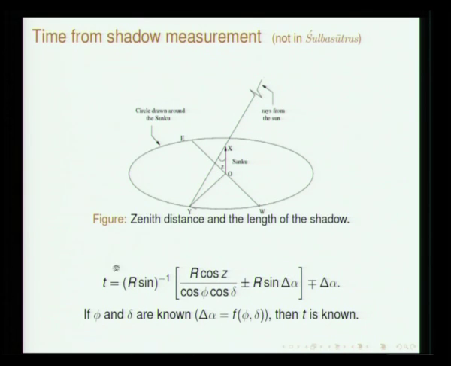On the left hand side what you find is t. t basically refers to the time, and on the right hand side what you find is phi and delta. Phi refers to the latitude of the place and delta the declination of the sun. So, what I am trying to say is that with this simple device, the Shanku, you will be able to precisely tell what the time is, provided you are able to see where the sun is, the zenith distance of the sun, which is Z here. Once it is known, you will be able to get the time.